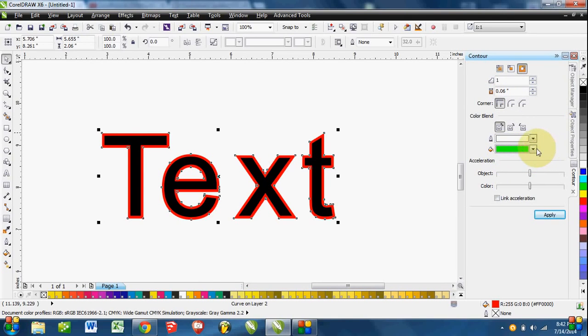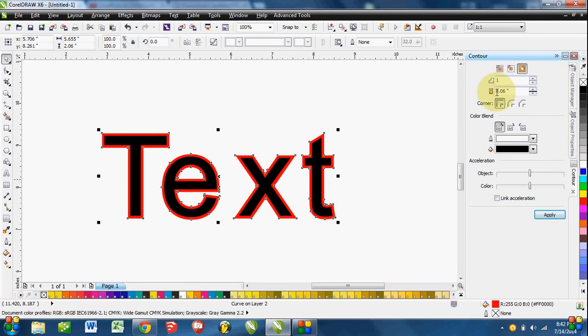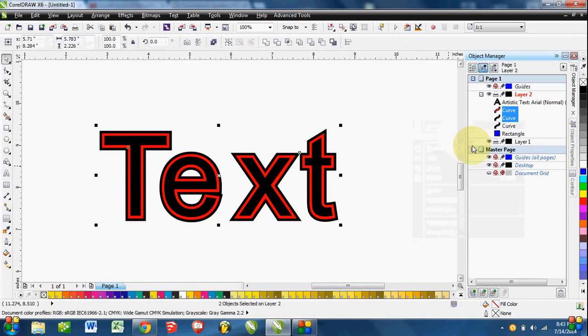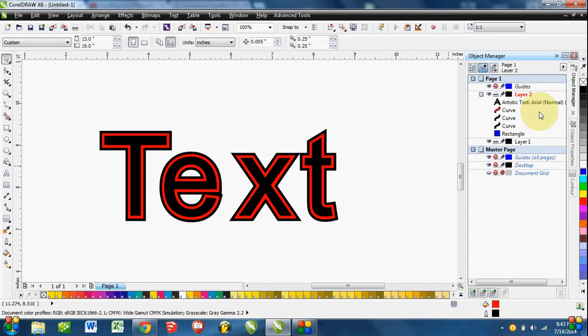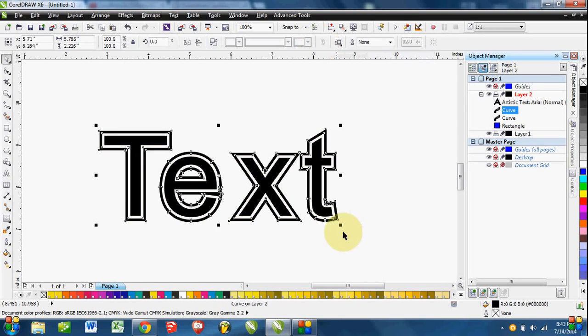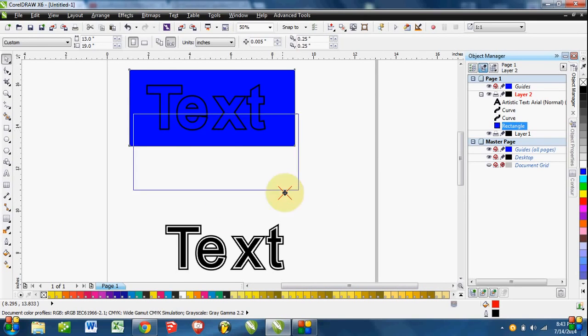I'm going to change it so you can see, actually I'll make it black so it matches the other one. We're going to make the same, but now we're selected on this contour that used to be the curve we just made, right? And so you just leave that the same, hit apply, and see that makes it. And then you just have to break this apart, and then you select the red and the black, and we go to back minus front, and that's how fast it can go, right? And see that